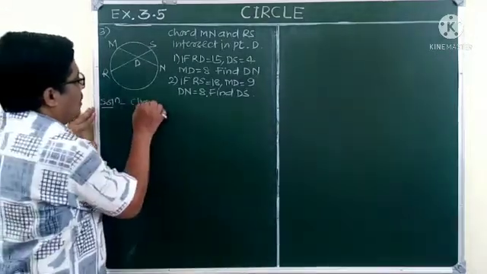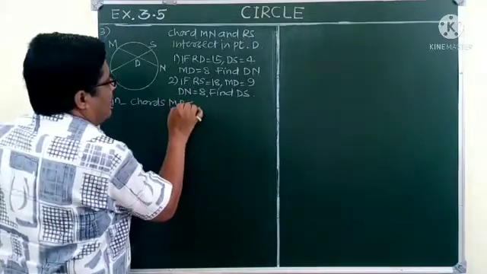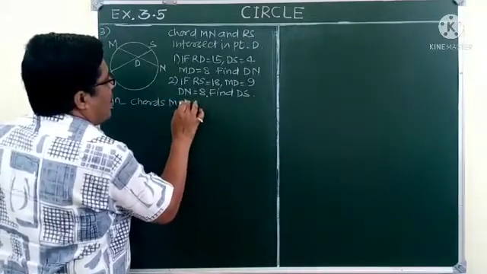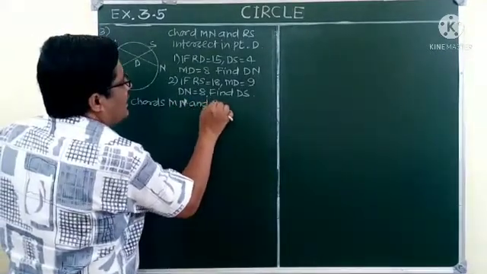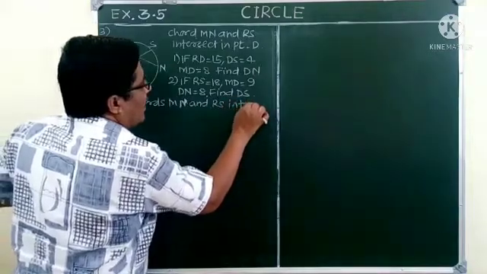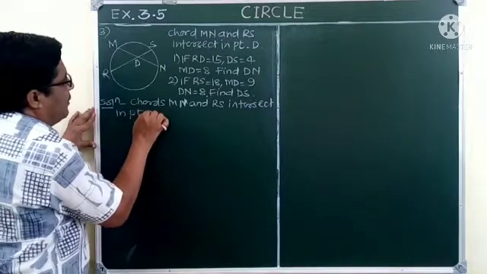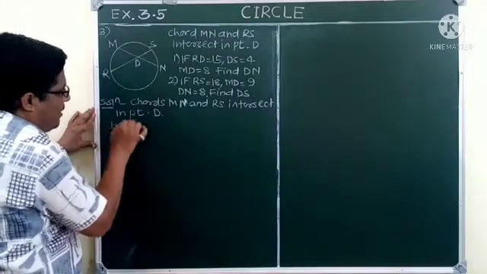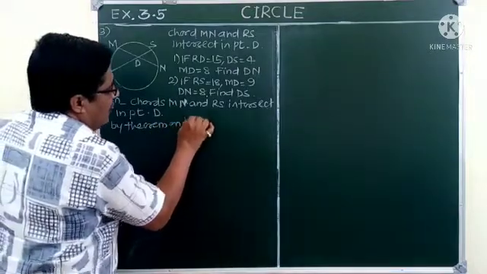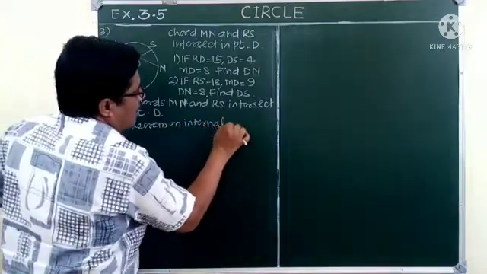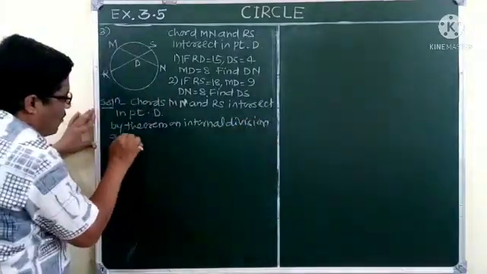So chords MN and RS intersect in point D. So by theorem on internal division of chords,